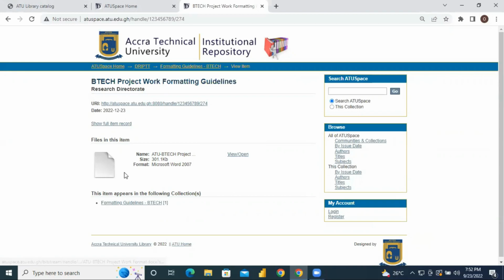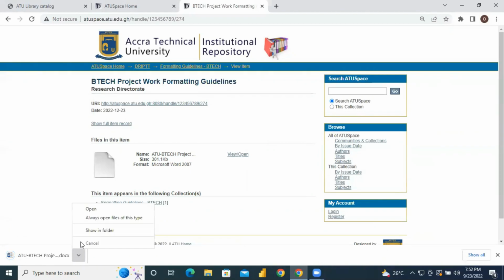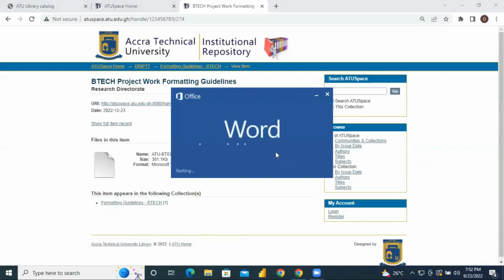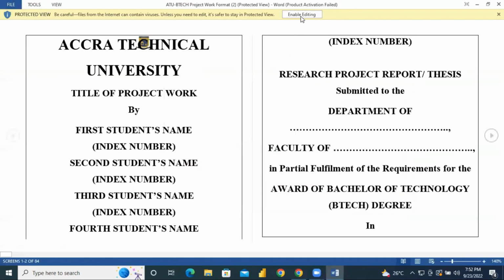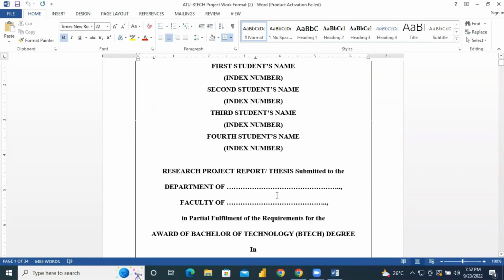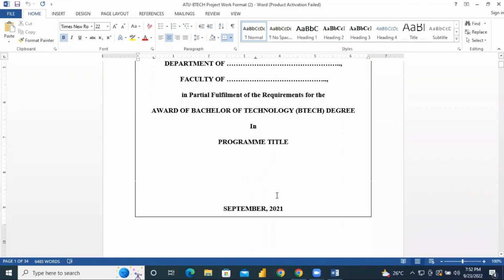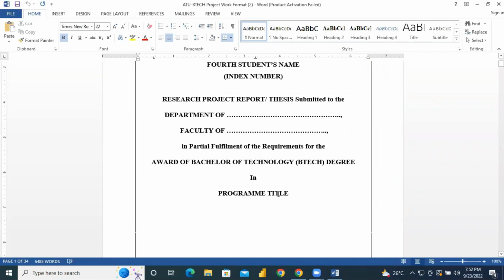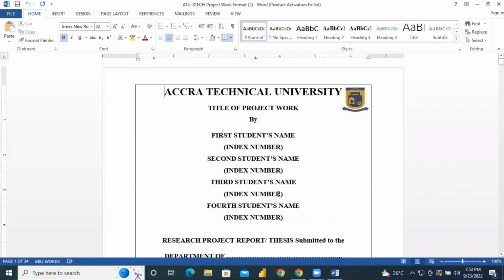So this is an open document that you can download. So for example, we click on the view open. The document gets downloaded. We open the document. Now, when you open the document, you just have to take note of one or two things. This document is directly from the DRIPTT, the directorate of research. Now, when you download the document, just for you to know that you are doing the right thing,